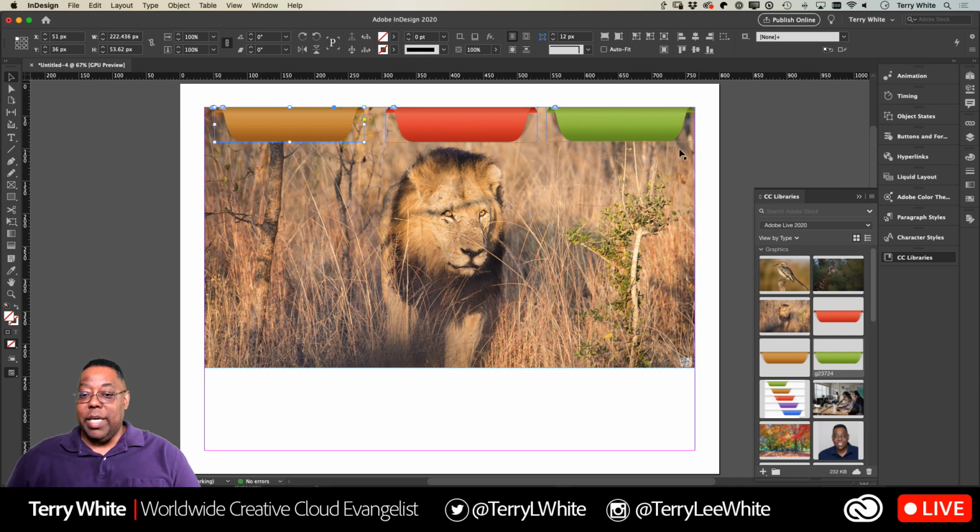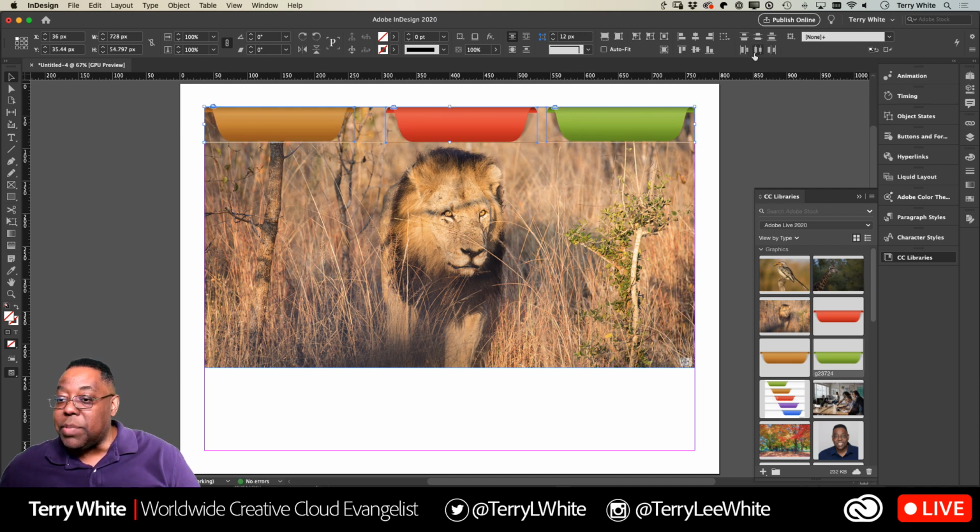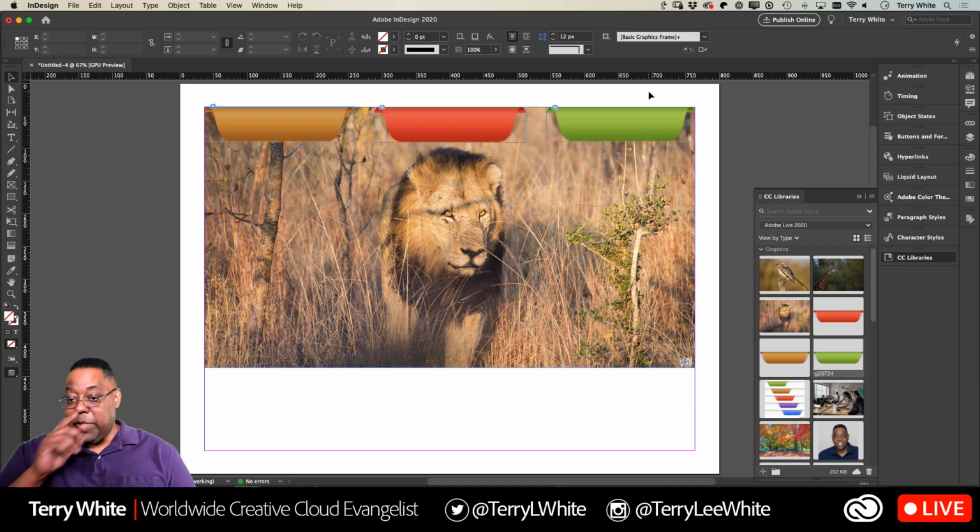Great. And then I can move this one back over to the left, select all three, and distribute the space between them so that they are perfectly spaced, meaning the same amount of space between each one. Okay, cosmetic stuff. Now that I've got my 3 images in place that I want to be the tabs, the next thing I'm going to do, before I even worry about wiring them up to make them interactive, is go ahead and create